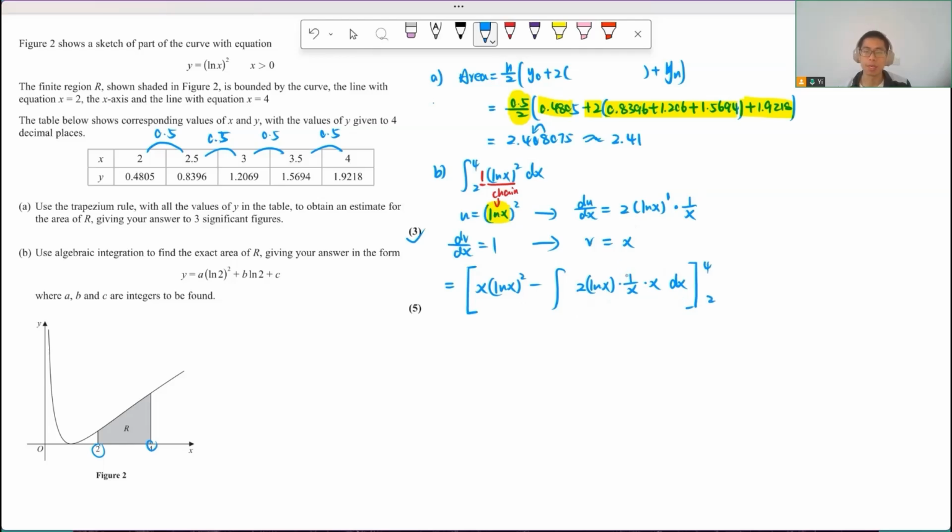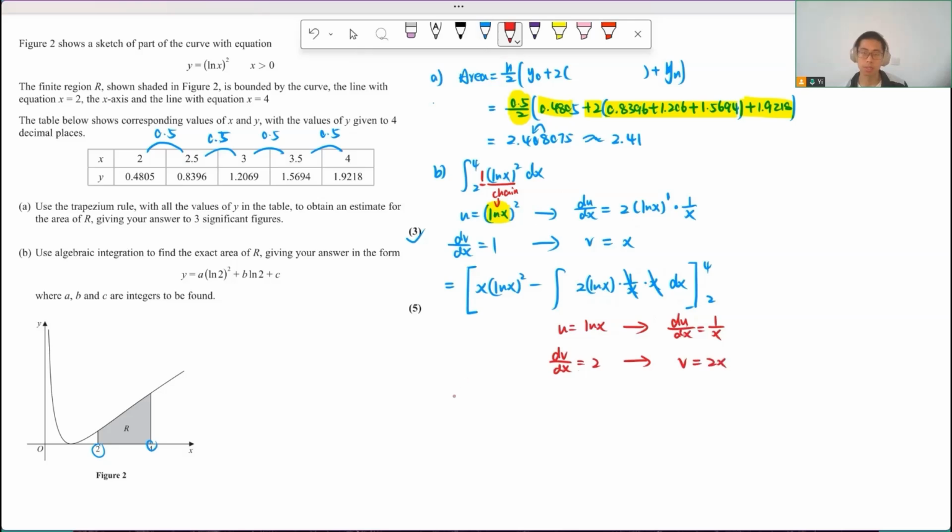Yeah. And then simplify that, 1 over x times x will cancel out. So just 2 ln x left. So again, we still have ln x in it, so we need to use integration by parts again. So u is again ln x, and then dv over dx we use 2. So differentiate this, du over dx equal to 1 over x, and then integrate dv over dx, so v is